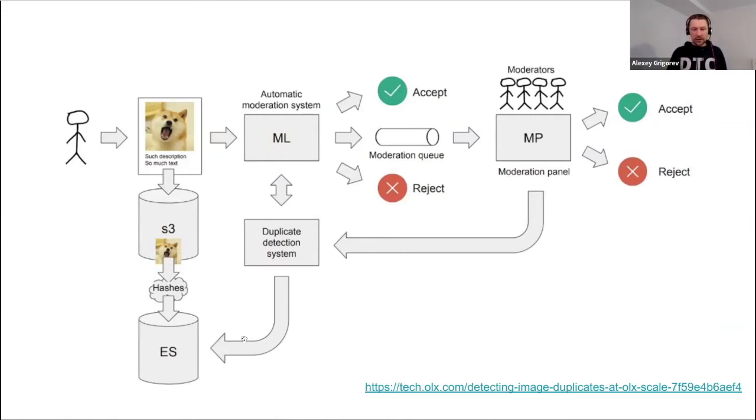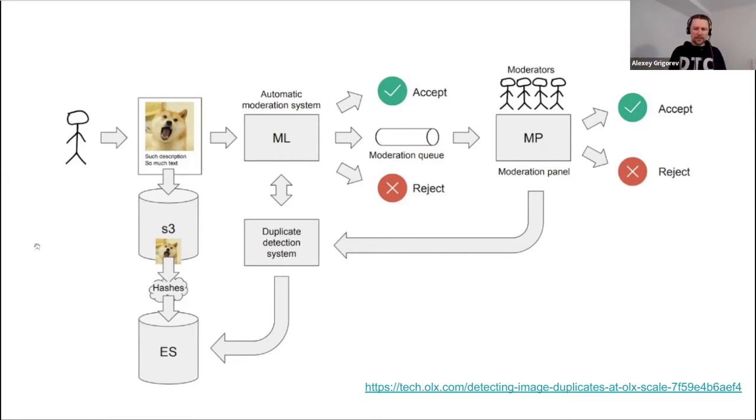What is important here is there are a lot of things here. So this is a content moderation system. So this system uses machine learning to understand if, so maybe I'll give you a bit of context. OLX is an online marketplace. This is a place where you can go if you want to sell your phone, for example. So you have a phone, you want to sell it, you go to OLX, you upload a picture of your phone, and then somebody who is interested in buying your phone can contact you and then basically buy it.